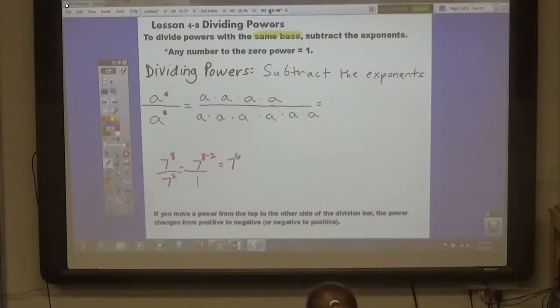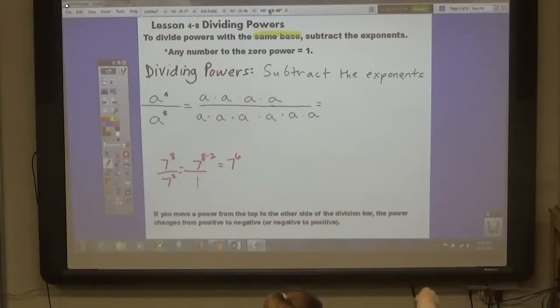So how is this related? How is this similar but not the same? Come on, people. What do we do when we're dividing powers? Kaden. Same base. What do you do? You subtract the exponents. Yesterday we multiplied and added the exponents. Today we're dividing and